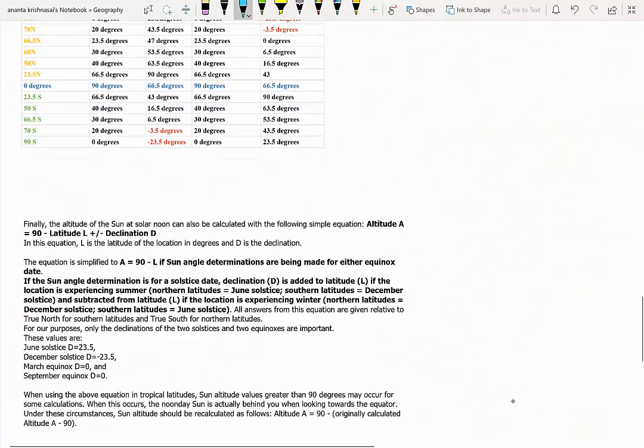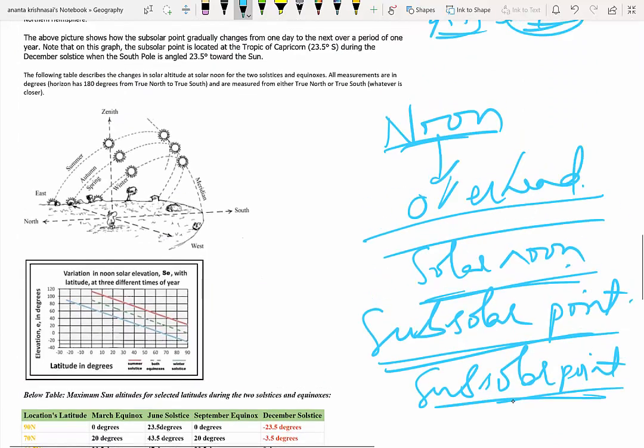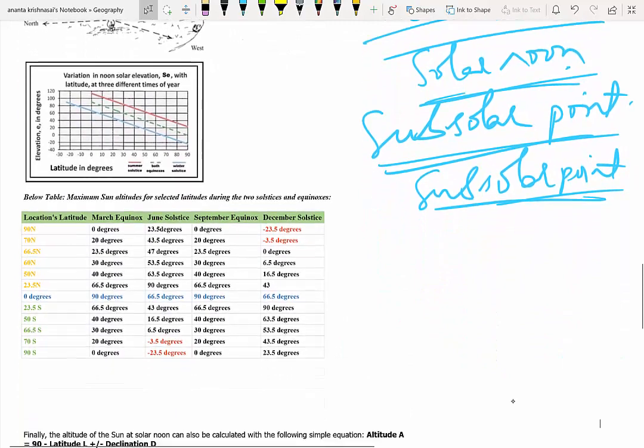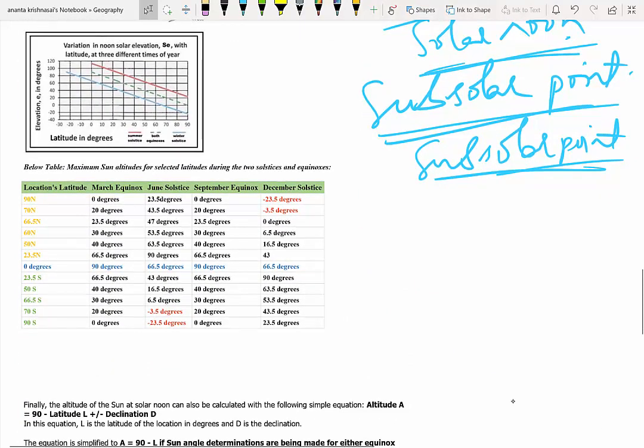And if you can observe this particular topic, you find that I have given some of the maximum solar altitudes that is possible for any particular latitude by taking into consideration some of the important latitudes. And if you observe here, for 90 degrees north, the March equinox will have a declination of 0, or the maximum solar altitude possible is 0, because on the day of equinox, as I told you, the